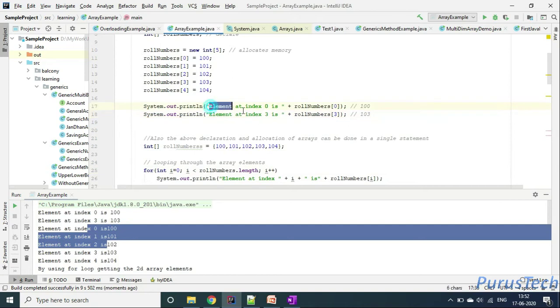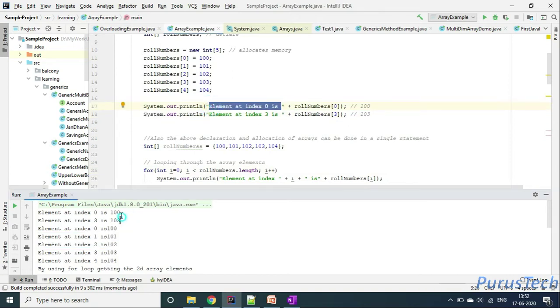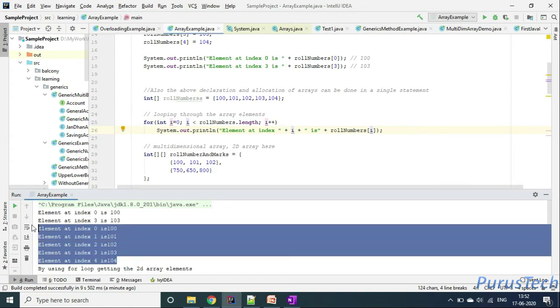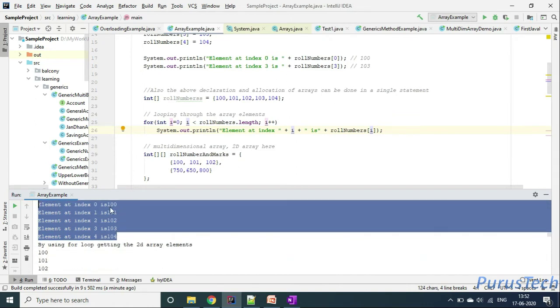So element at index 0 has printed 100 and the third index is 103. Now in the loop, it should start from the 0th index and go up to the 4th index. So in this selection, whatever I'm highlighting, it is printing all these